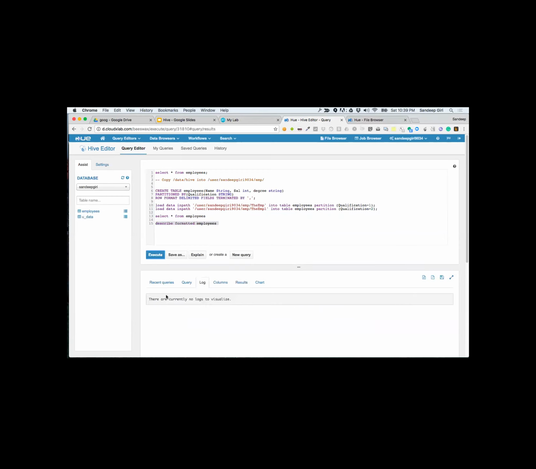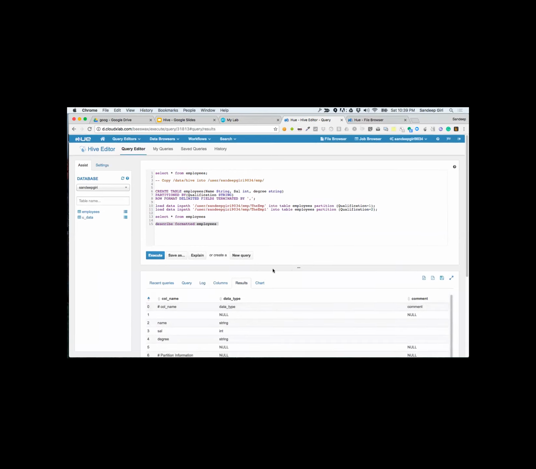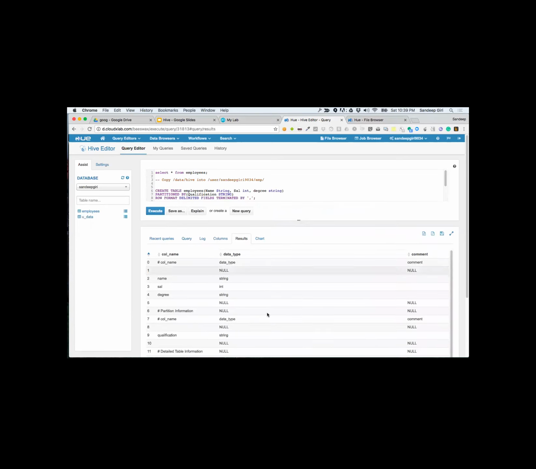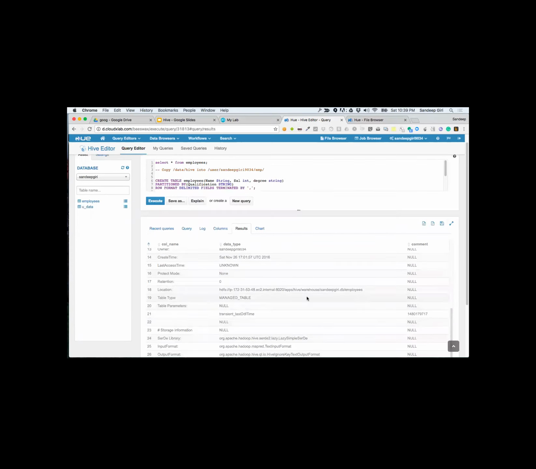If you say describe formatted, it will show me all the details about this particular table. You can see that this table is located at this location. It shows that it's located in HDFS. This is the name node, and it's running a web interface at 8020 and this.